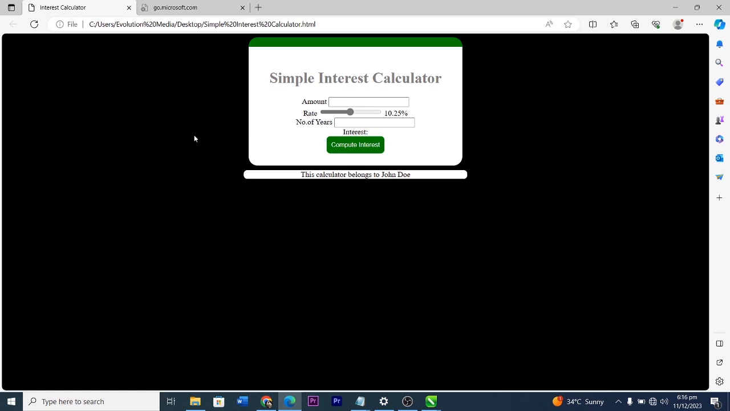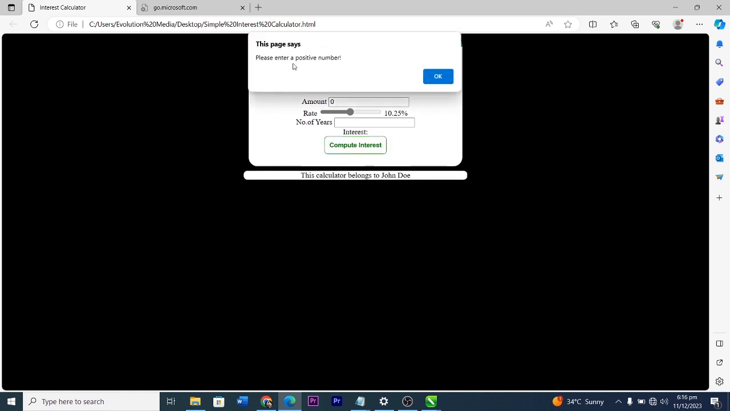Hello everyone, in this video I'm going to be showing you how to design a simple interest calculator just like this with JavaScript, HTML and CSS. You won't even need to connect to the website. You will do it 100% on your own, like putting 0 here, which is actually invalid, and then getting an